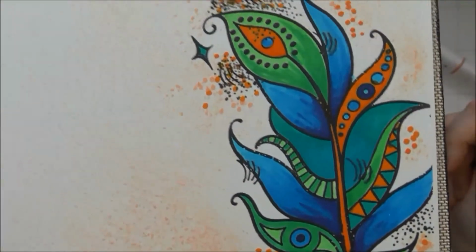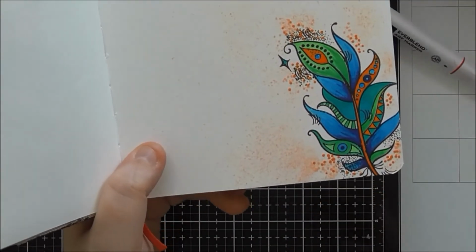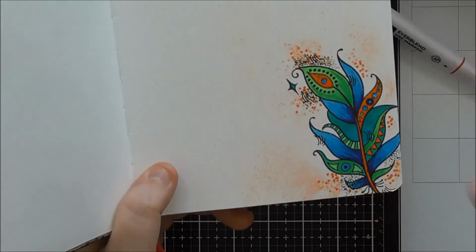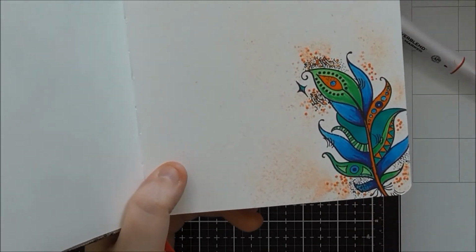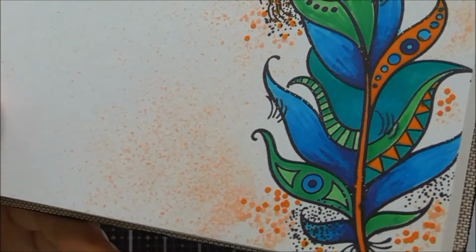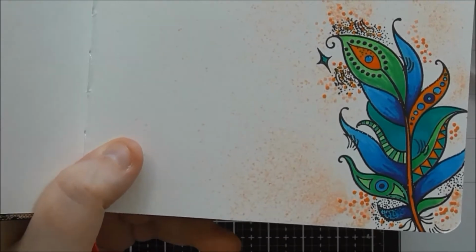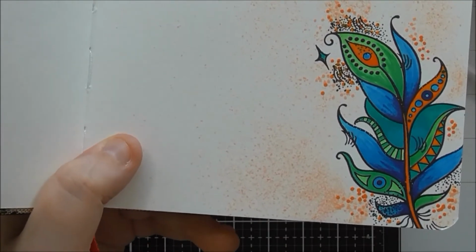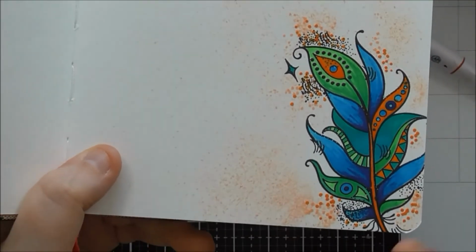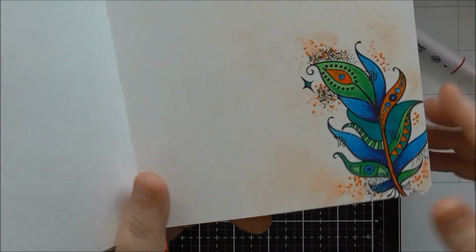And this is on the smooth side of a page, and this was actually using the marker spritzer tool with these pens, which I definitely showed that technique in the first video when I looked at the 60 pen set. But you can see just how lovely they work inside this watercolour journal as well. Even though this is designed more for water media, they do work really nicely. It does bleed through a little bit,